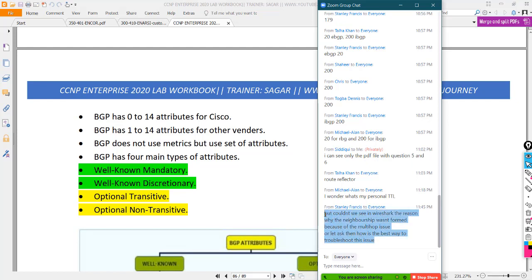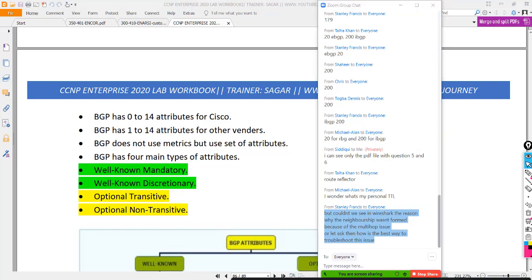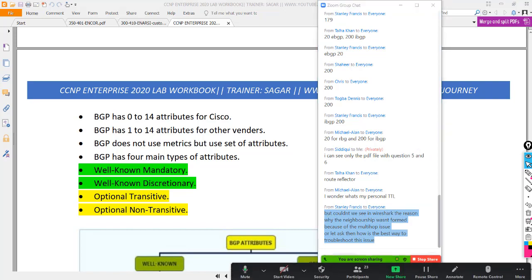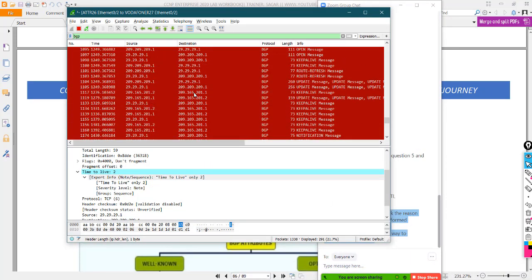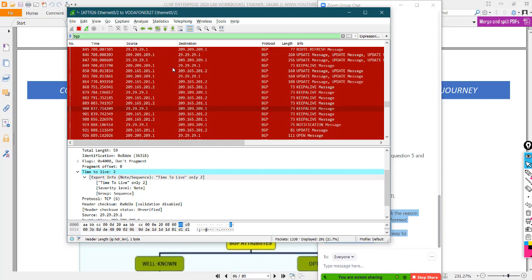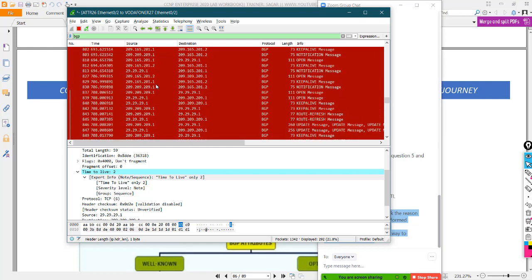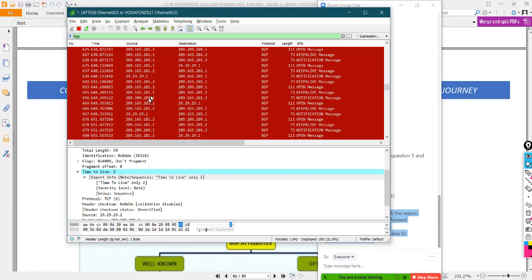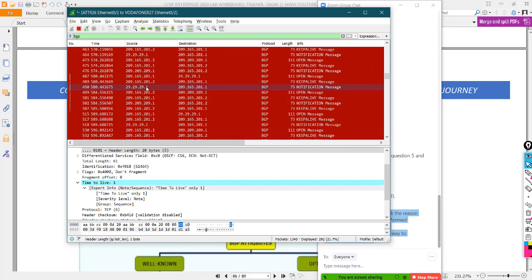If you're asking about the update source, you just saw that before updating the update source, the packets were between the physical IP and the loopback. They were not between loopback and loopback.